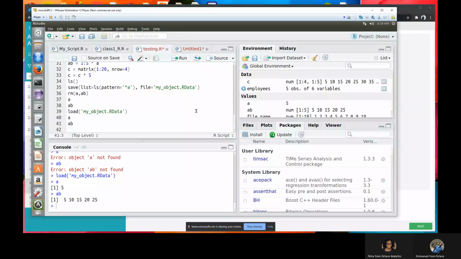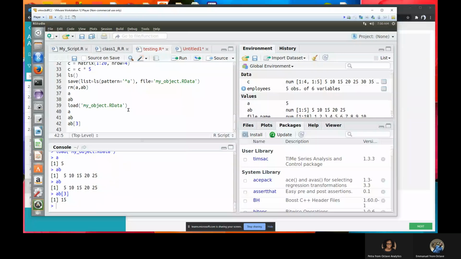Okay, let's say we have this AB vector. I want to call the first two elements, but let me just start with a single element. Let's say I want to call the element in position 3. I put AB, and inside the square bracket, I put 3. Index in R starts from 1, but in Python it starts from 0. So if I want the third element, I use 3, and this gives me the third element, which is 15.